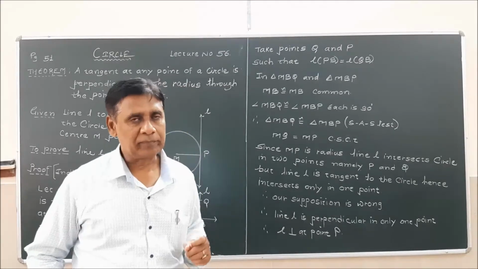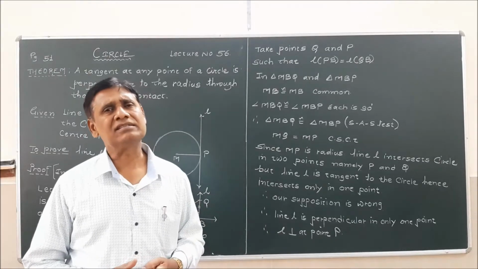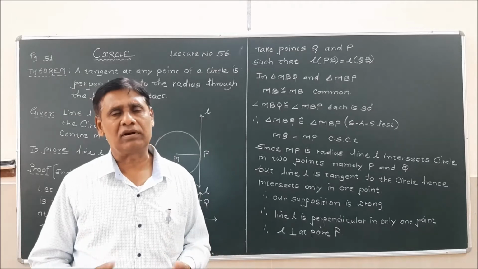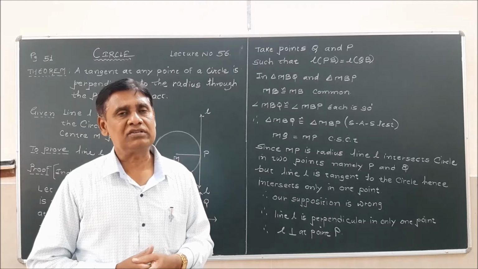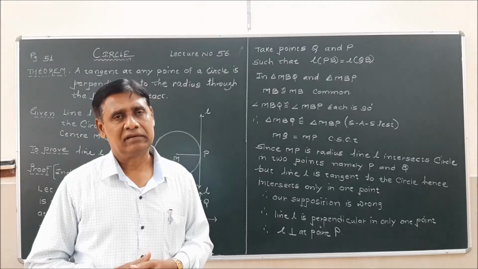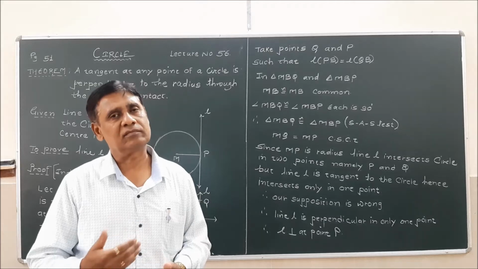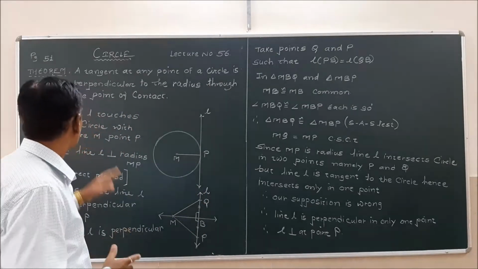That is the important thing. Secondly, what is meant by a secant? A secant is any line, segment, or even a chord is also called a secant in many cases. But in general, the proper definition is that a secant is always a line which intersects the circle in two distinct points. Okay, that's all, dear students. Now I am going to begin this